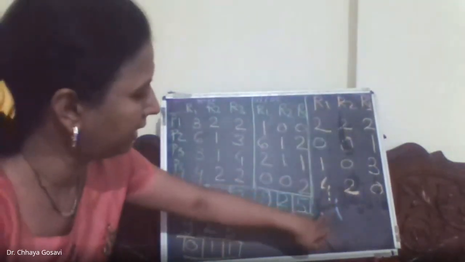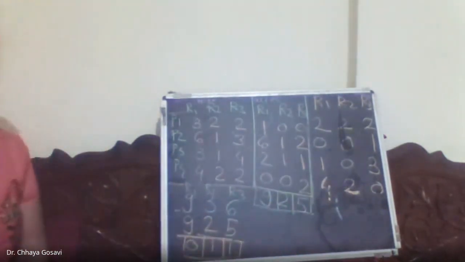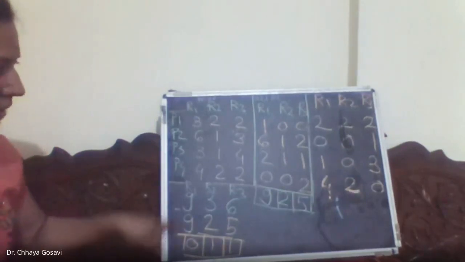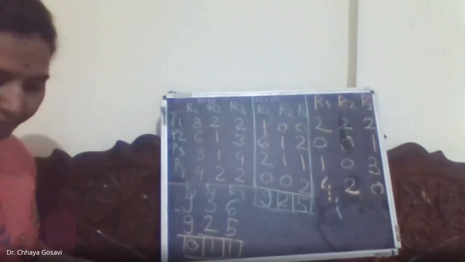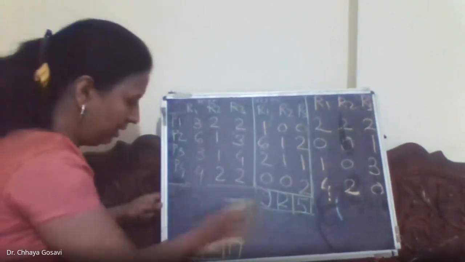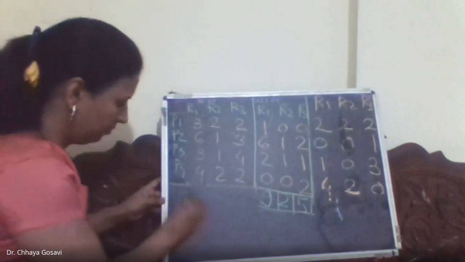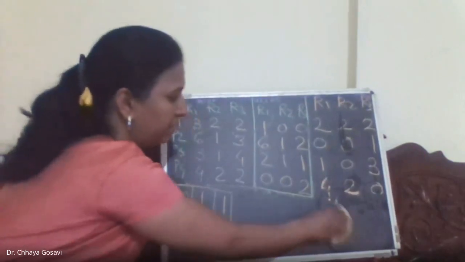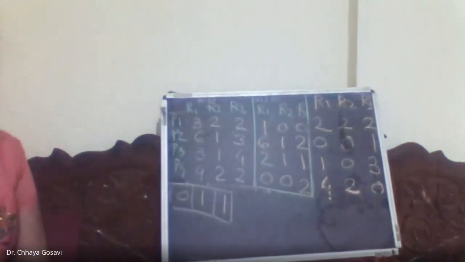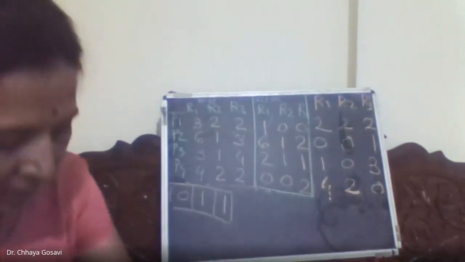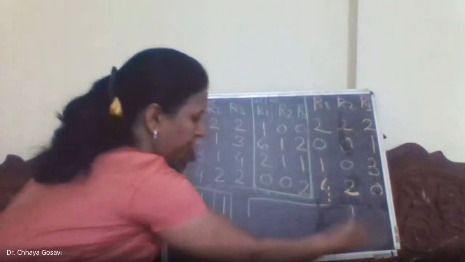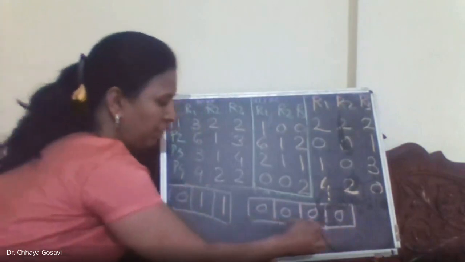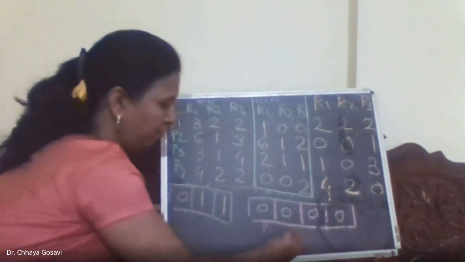Now you have the need matrix and you have the available vector. You have to use the safety algorithm or Banker's algorithm to check whether the system is in a safe state. So we have available, that is 0 1 1, or it is also called work, and we have this need matrix. What does Banker's algorithm say? We need one more data structure that is called finish, and it is initialized to 0, that is false, for P1, P2, P3, P4.